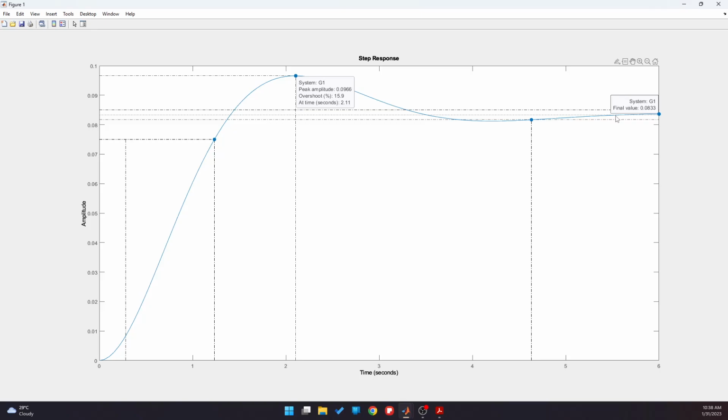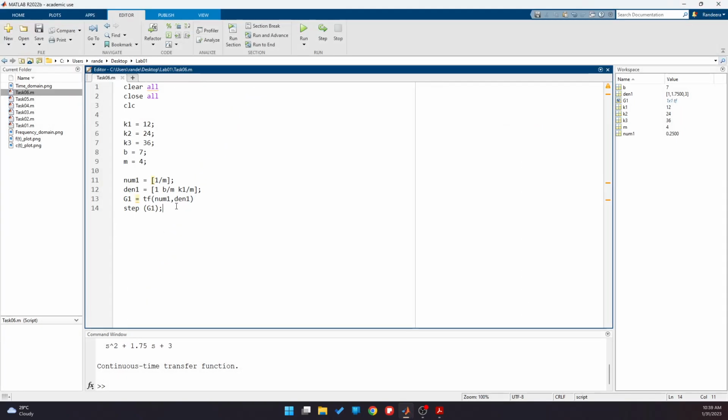Now you can get a pretty good idea that there's a significant steady state error in this system, because the expected output is 1, but the final value in this system is 0.0833. So this is how you can interpret it using the system characteristic values. Now I will replicate this for the other 2 values of spring constant. So this will be num2, then den2, this will be k2,